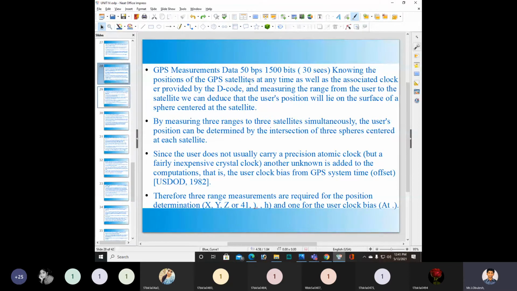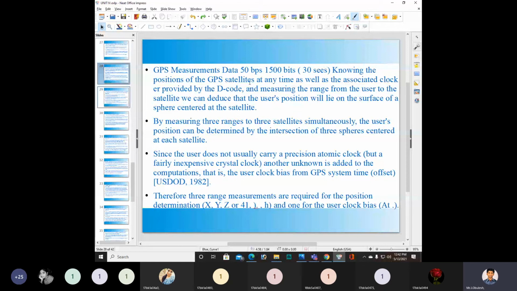For 30 seconds, 30 into 50, 1500 bits. Knowing the positions of the GPS satellites